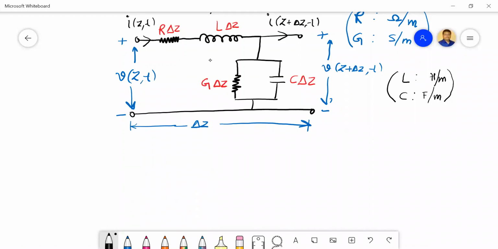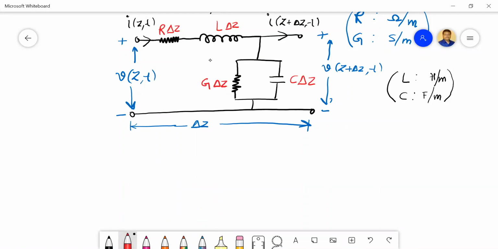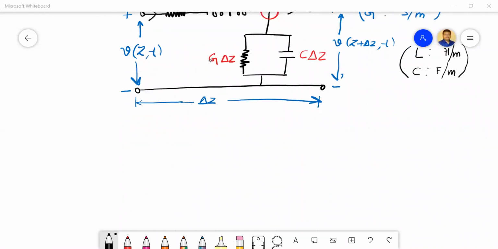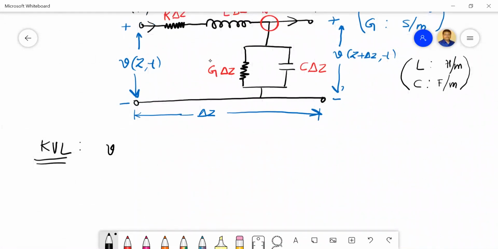So how will we do it? We simply apply KVL, KCL, and all sort of things, and we can manage. Correct. So what we need to do is apply the KVL and then KCL at this node N. So let us apply the KVL here. If you apply the KVL, what can you write from this circuit, please check. V as a function of z comma t minus,